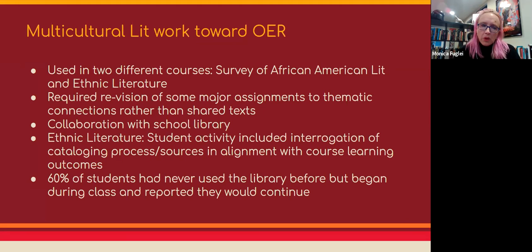And everyone reported their intention to use the library again, so to continuously access some of those resources. In African American Lit survey, we're doing it slightly differently. The students have the freedom to go pick those texts, but I'm really driving them to work with and collaborate with librarians like Mitch or like Courtney in the library to really figure out a text that not only fits the learning outcomes for our course, but also fits them, right?